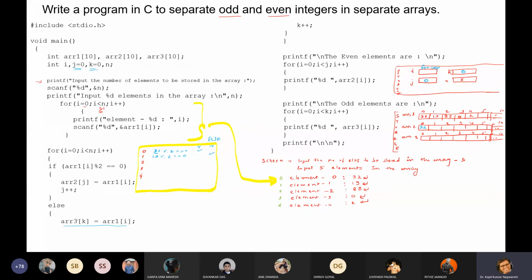Array 3, what is the value of k? 0. And now the value of j is 1. Now the value of j is 1 and the value of k is 0. So array 3 0 equals to array 1, whatever the current value. So now this will be stored here. So this is our 19.